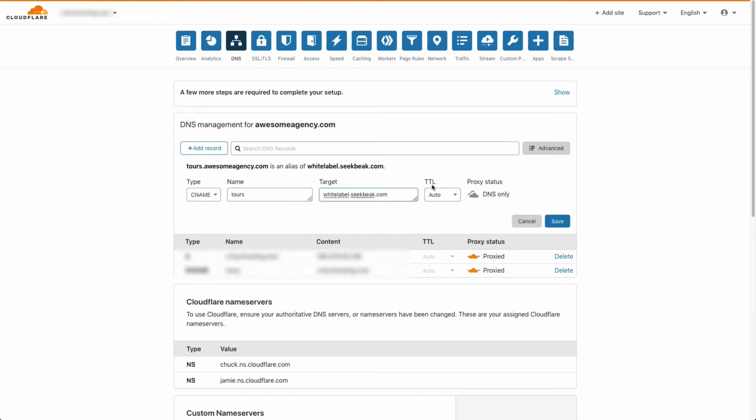We're going to set this TTL here to auto. If you're using Cloudflare or something else that does something called proxying, you want to make sure that's turned off. So all we want to do is just send this to this. And so we can save that